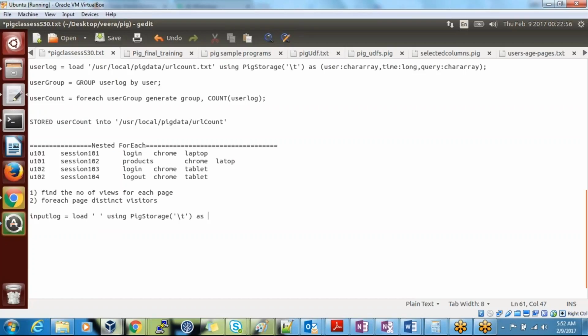As you will specify user ID and session ID, page visited, browser used, and device used.